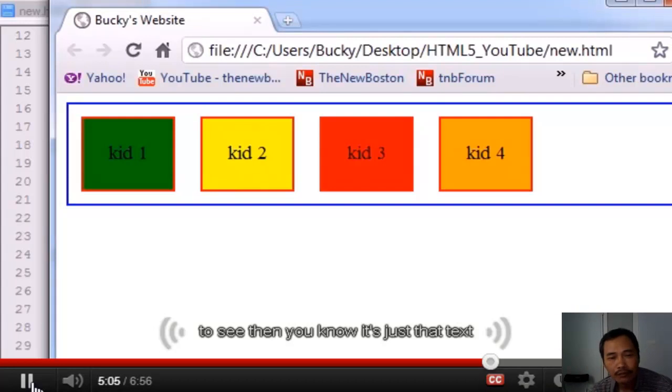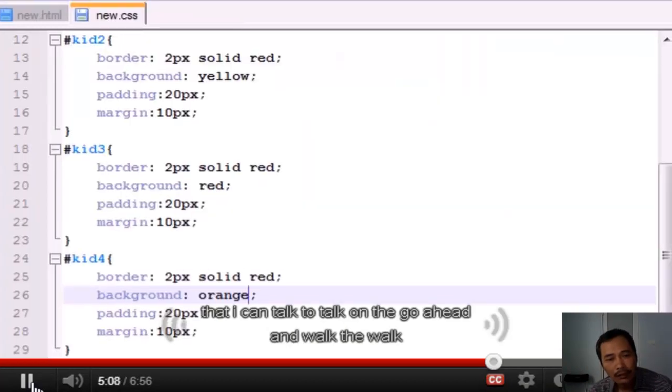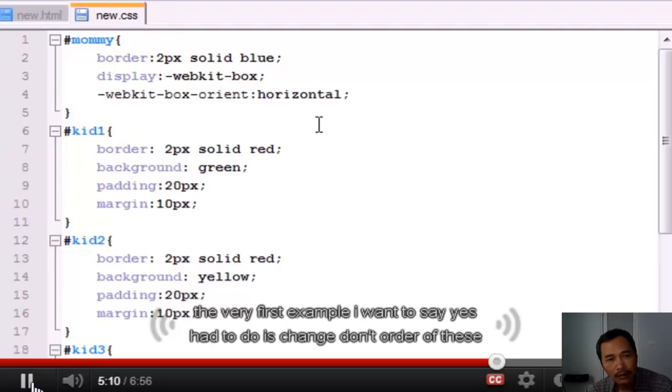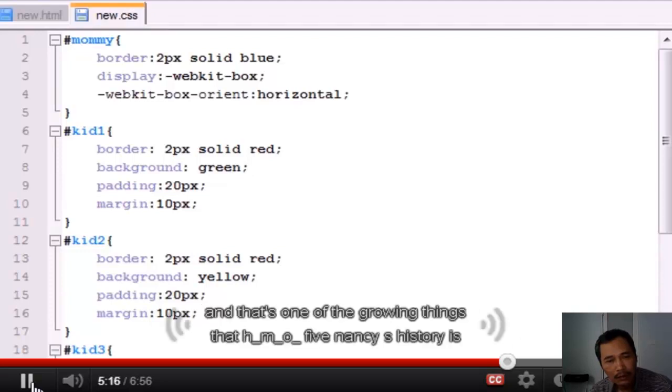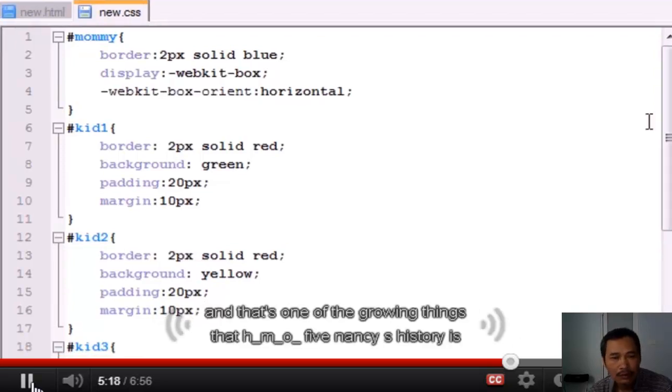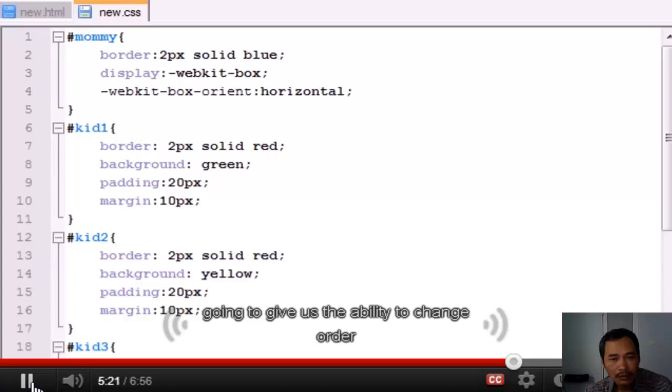Just that text. So now that I can talk the talk, let me go ahead and walk the walk. The very first example I want to show you guys how to do is change the order of these boxes. And that's one of the brilliant things that HTML5 and CSS3 is going to give us, the ability to change